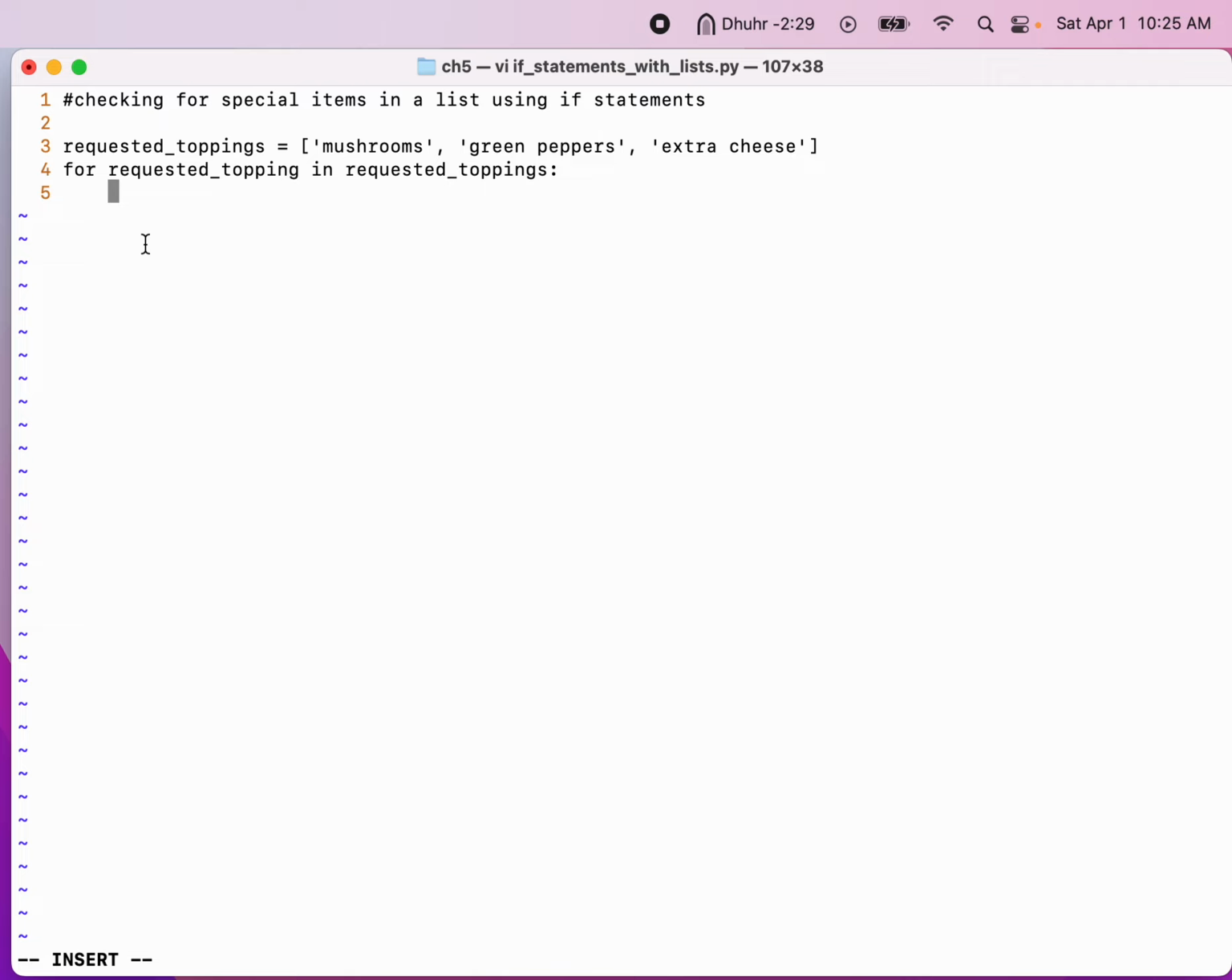once we've created our for loop, which means we're taking every item inside of our list, right, and storing it inside of this variable, we want to now check whether a specific ingredient or a specific topping is within our list of items for the customer to select from. This is where we use an if statement. So if